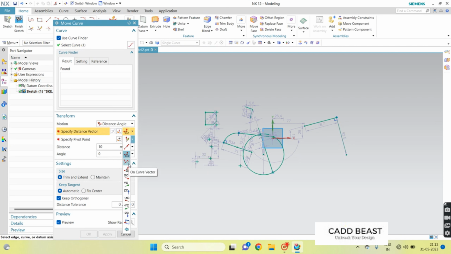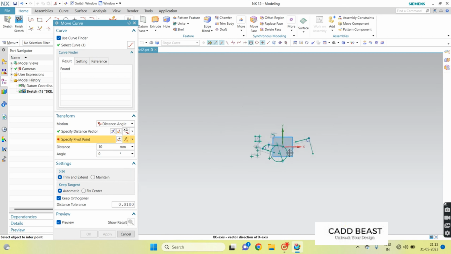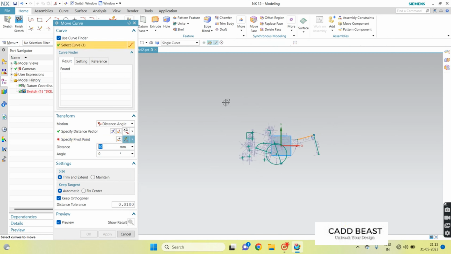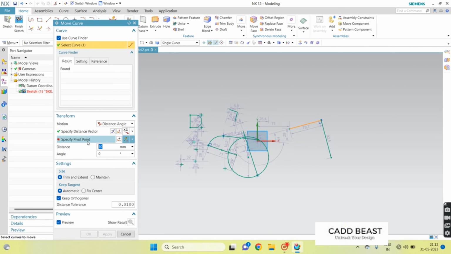And the default on curve vector, or you can choose any plane for a 3D model, or x, y, z. Particularly axis also you can easily choose the vector. If I'm in this particular sketch, we have only x and y axes active, so we can select only these two. In this we need to give one particular point for movement. If I am giving 100, so it will